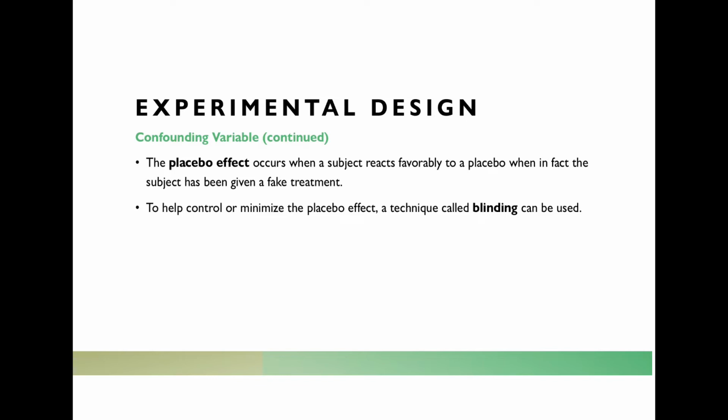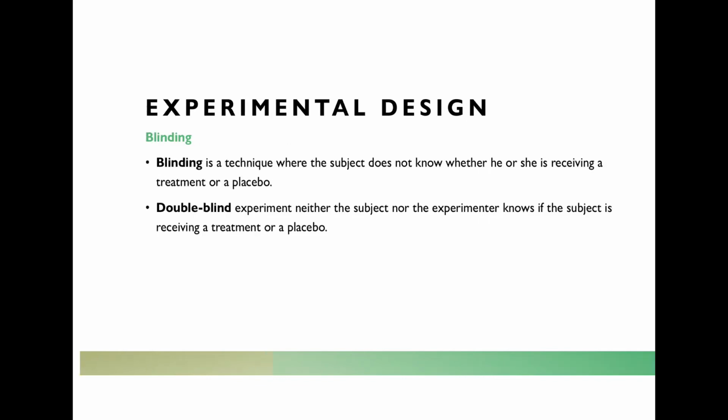One of the techniques that we can use to help control or minimize this placebo effect is called blinding. And there's really two levels of blinding. In blinding, the subject, the person who's a part of the experiment, does not know whether he or she is receiving the treatment or a placebo. So that's one level of blinding. And then we have double blinding,